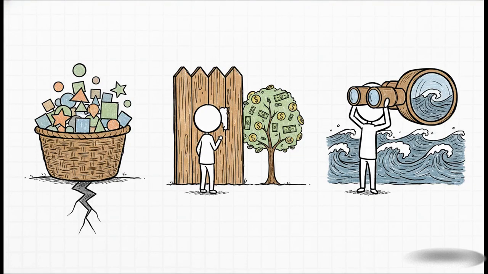Here are 3 really common traps you need to watch out for on the exam. First, believing that diversification gets rid of all risk. It doesn't, it just reduces it. Second, thinking that the avoidance strategy is always the best choice. Remember, it comes with an opportunity cost. And third, confusing measuring risk with getting rid of it. Using a tool like beta just helps you understand risk. It doesn't make it disappear.